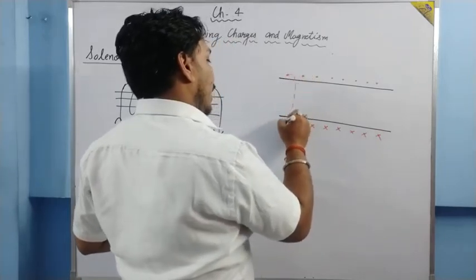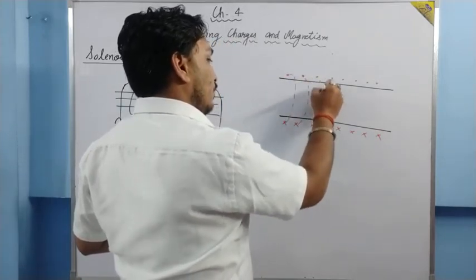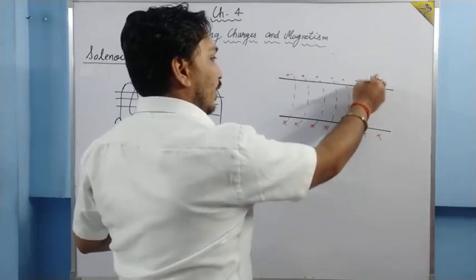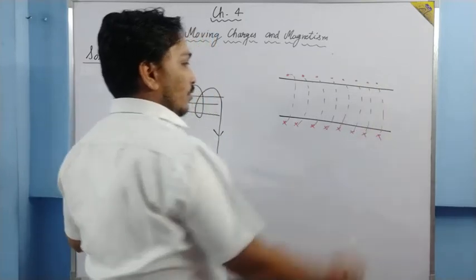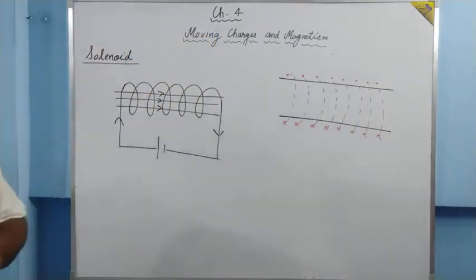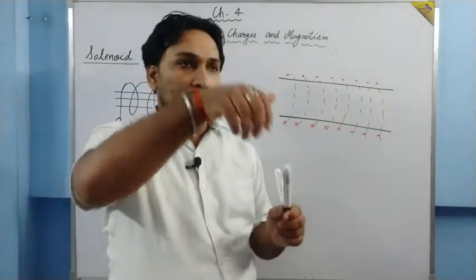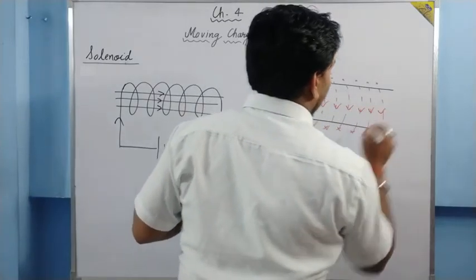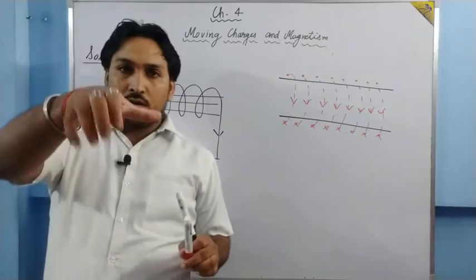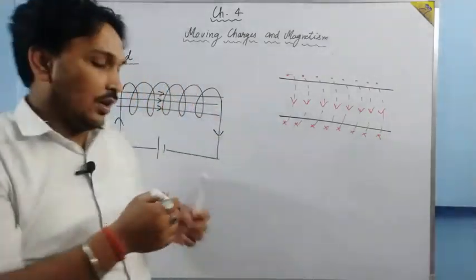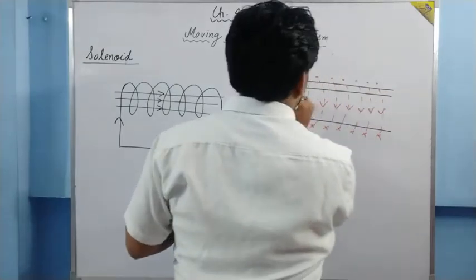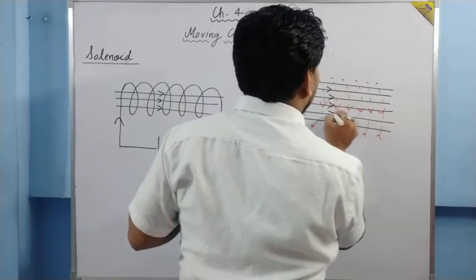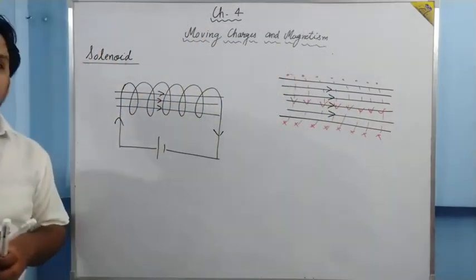If you want to make the wires, you can make it like this. Okay, so this is basically the solenoid, right? This is your solenoid. Now current is flowing in this manner. The extended thumb is in this direction, so this is the direction of the magnetic field inside the solenoid.